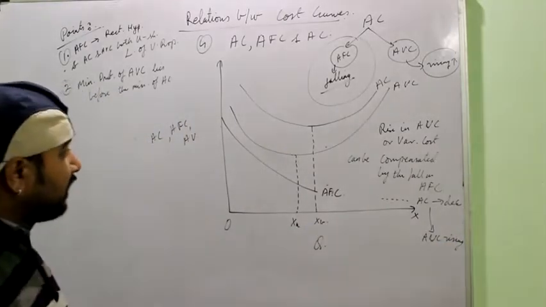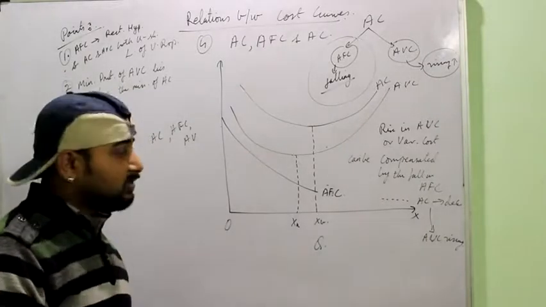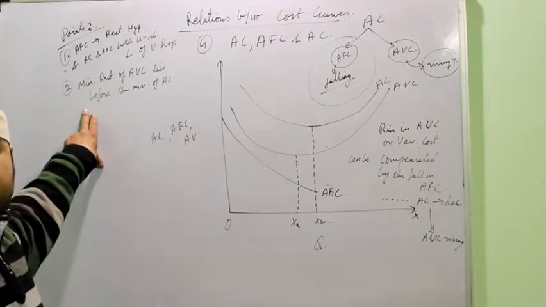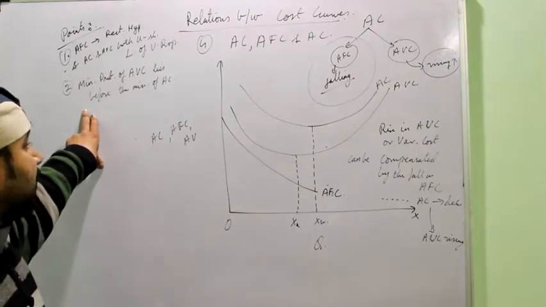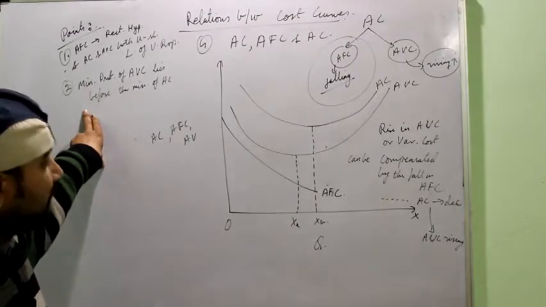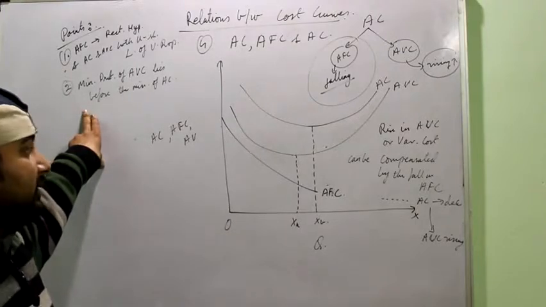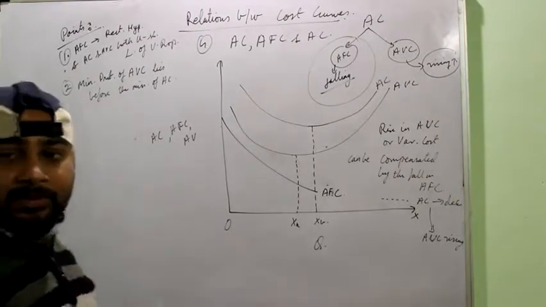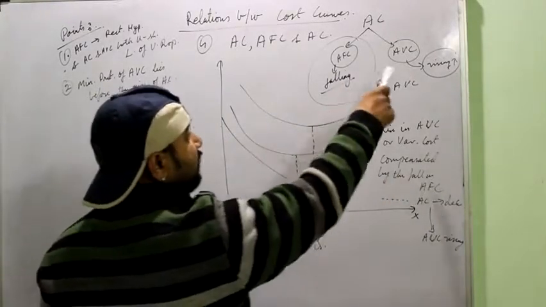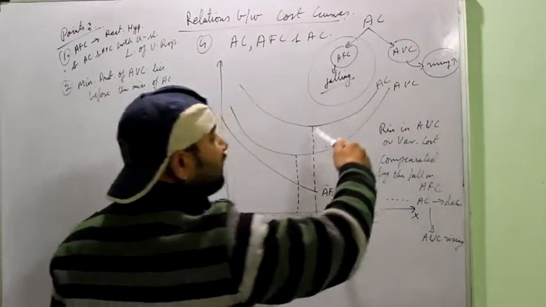I always tell you that whenever I write something on the board, there is a reason behind writing it. So this is an important answer. This can also be asked individually in a 3 or 4 mark question, that why this happens, the minimum point of ABC lies before the minimum point of AC, or the other way around, ABC starts rising before AC, or any other language may be framed. The answer should be this: first of all, AC contains both while ABC contains only the rising element.